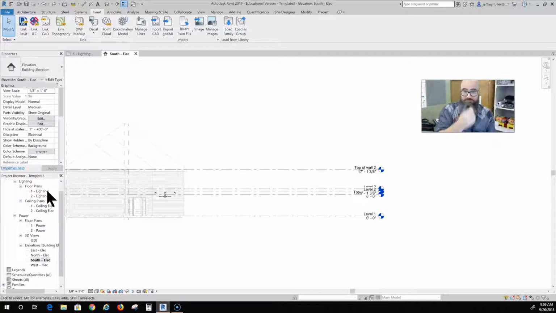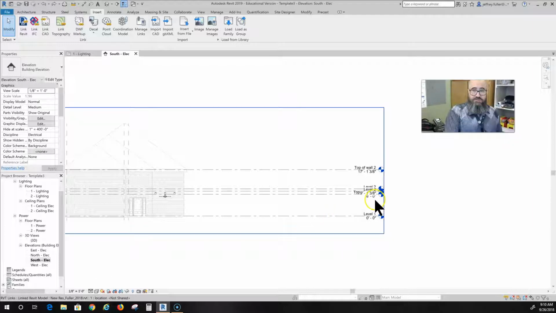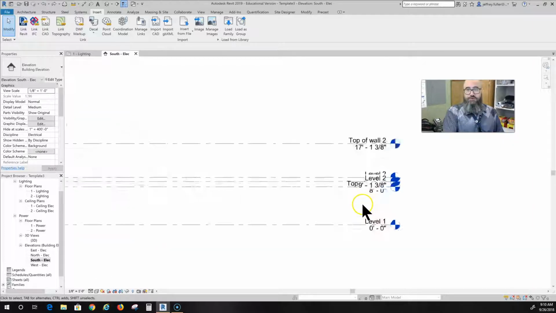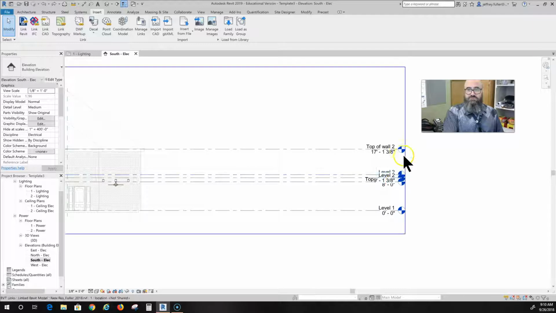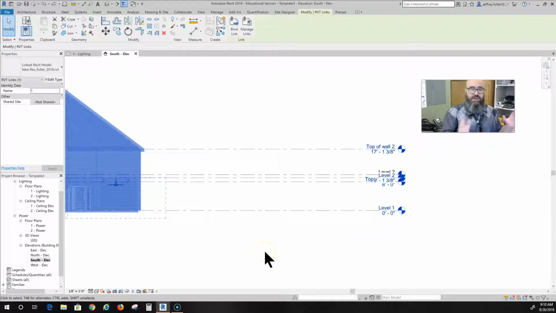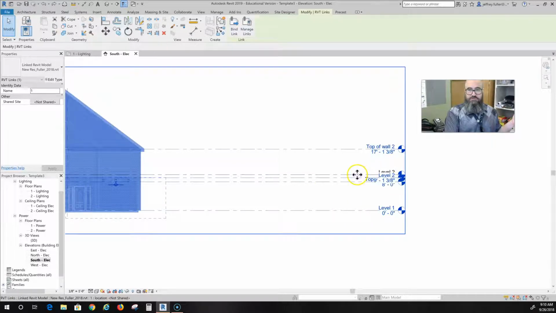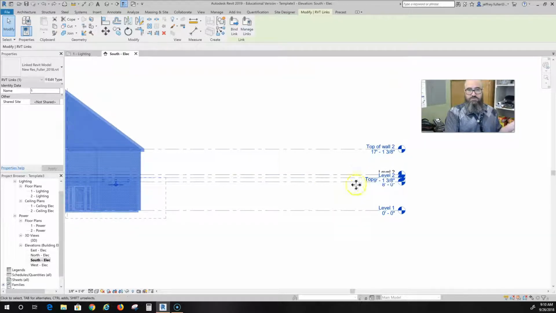All right, now that I have my electrical plans, or my original plan, linked with my electrical plan, I'm in here looking at my levels. So I'm right now clicked on my south elevation. You can do this from any elevation, it doesn't have to be the south elevation, but I need to do some editing to my levels. Now if I click on my original levels, you'll see that it selects everything from that original file, all except for a couple in here that are new to the electrical